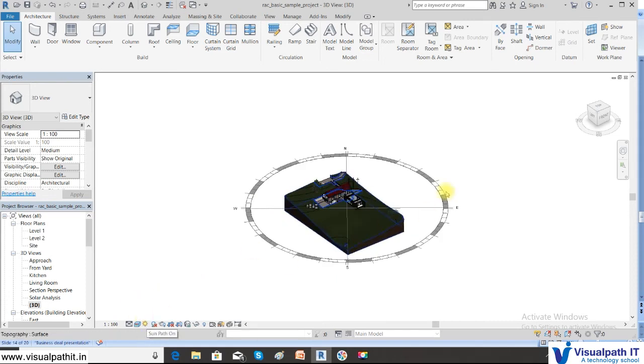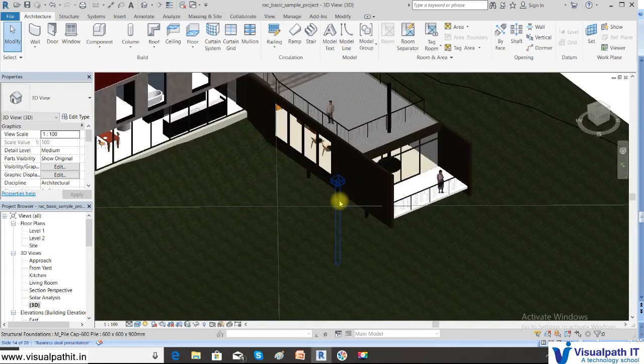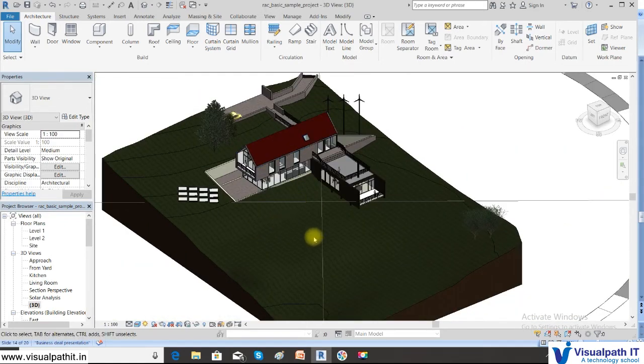When you change the settings, the shadows automatically show. I am not setting it deeply because it will take time. When I come to that subject in particular, I will take the session in detail. So I have switched off the sun path. We'll take this session in the solar study.